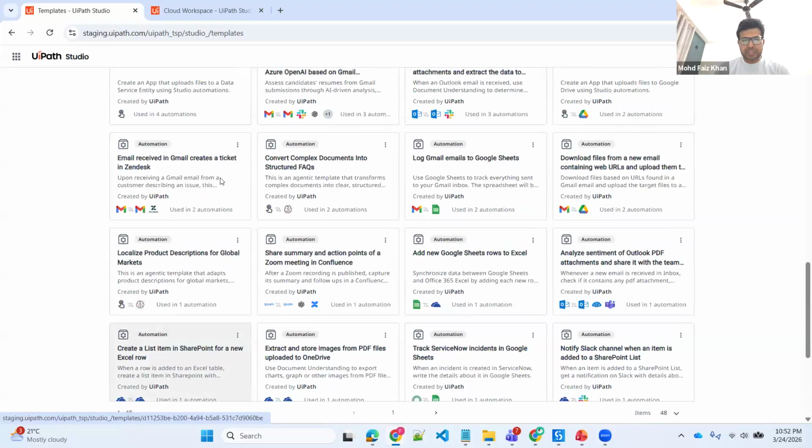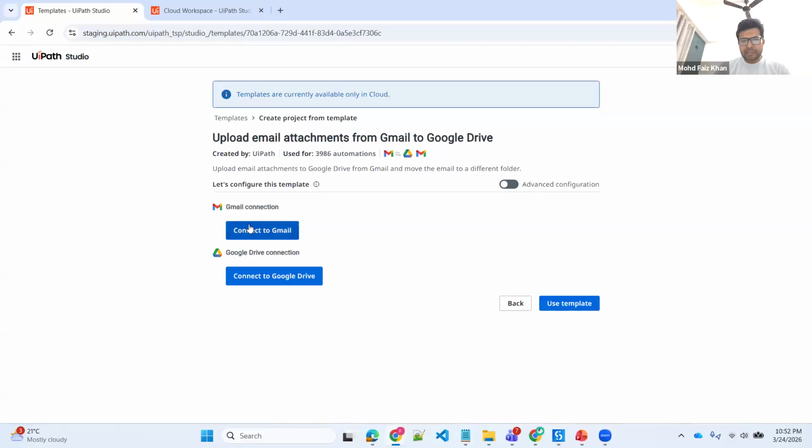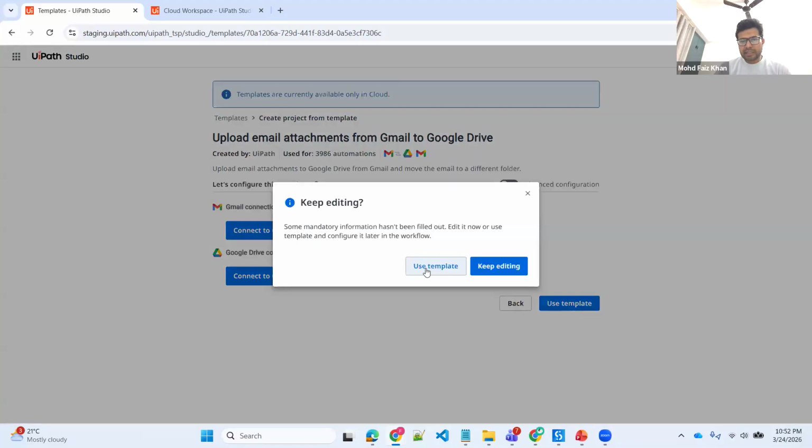You can choose any, starting from this one, upload email attachment from Gmail to Google Drive. This is the pre-built solution for Studio Web. You can create a new project from the template, or you can pin it so it will always be available. Let me click on this, and it will let you know that you have to connect with your Gmail and your Google Drive. Just click on use template, and